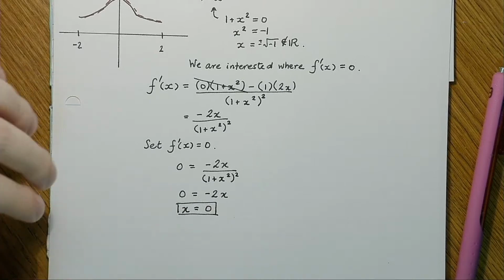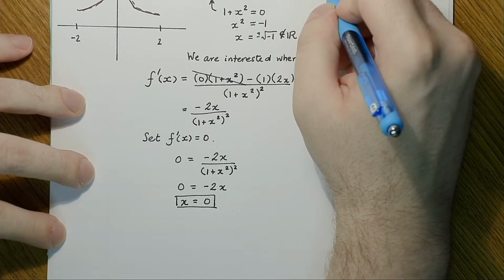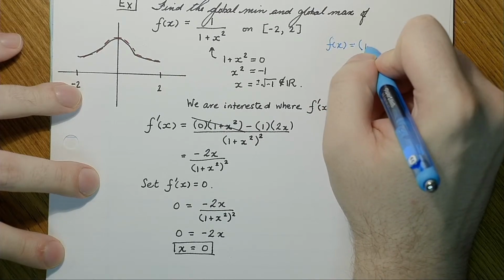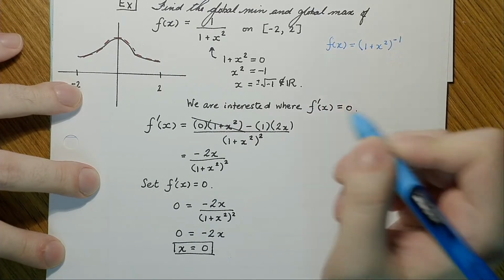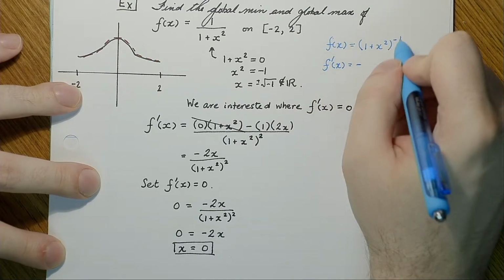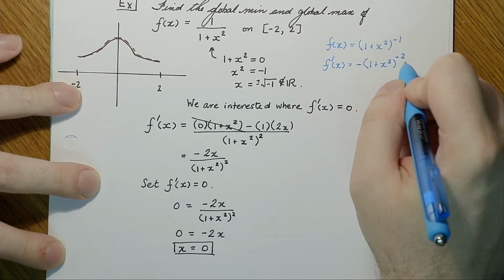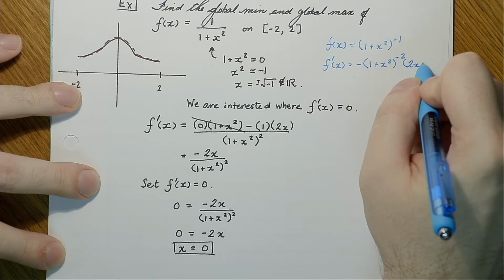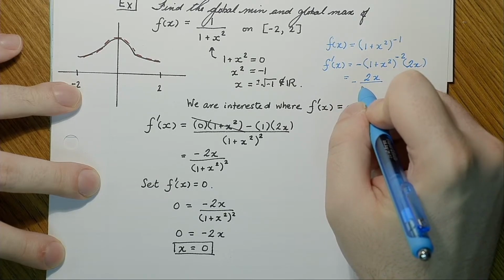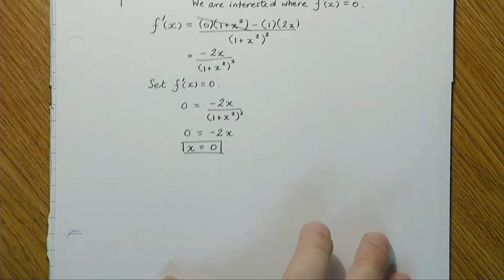Right, so why was I humming and hawing about this part? Because again, we could have also written f of x equals 1 plus x squared to the minus 1, and then we could take the derivative of that using the chain rule so that the minus 1 comes down in front. I leave the inside alone, this becomes minus 2, and then I take the derivative of the inside, which is 2x. So that leaves me with minus 2x over 1 plus x squared squared, like that. Anyways,